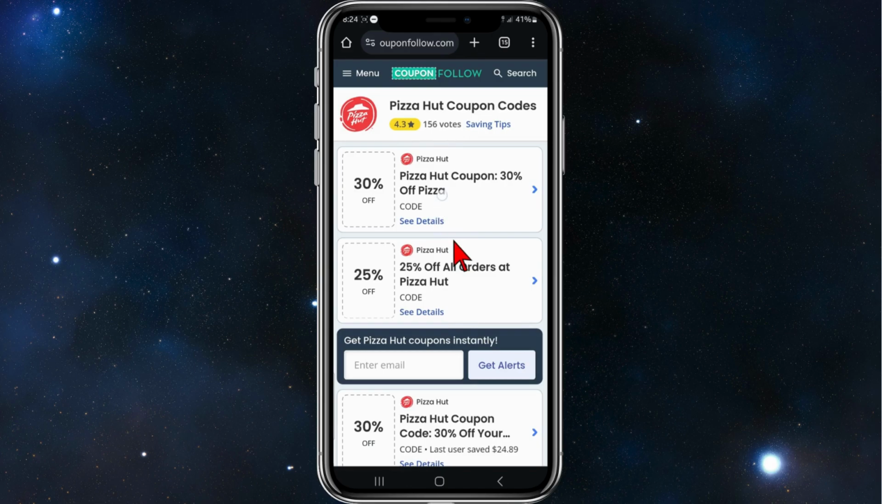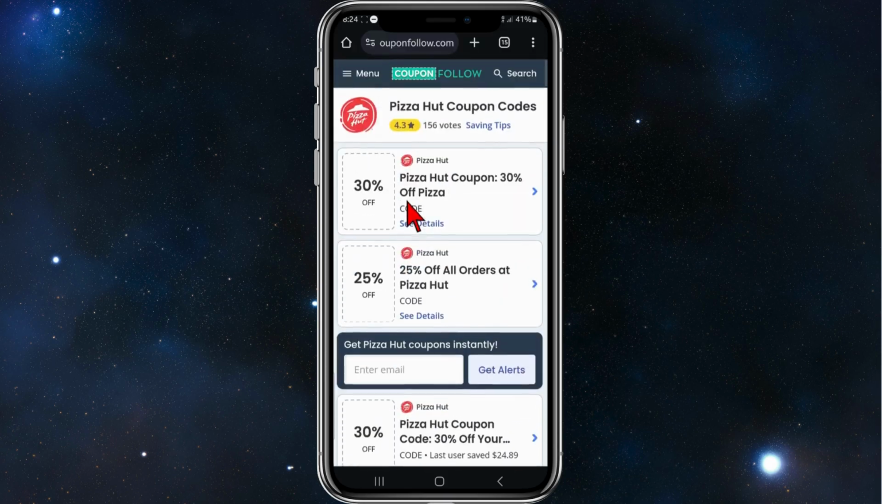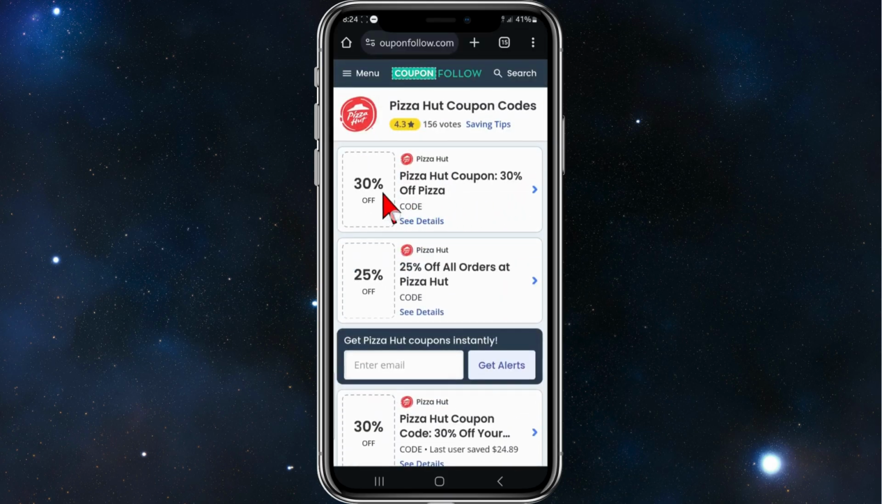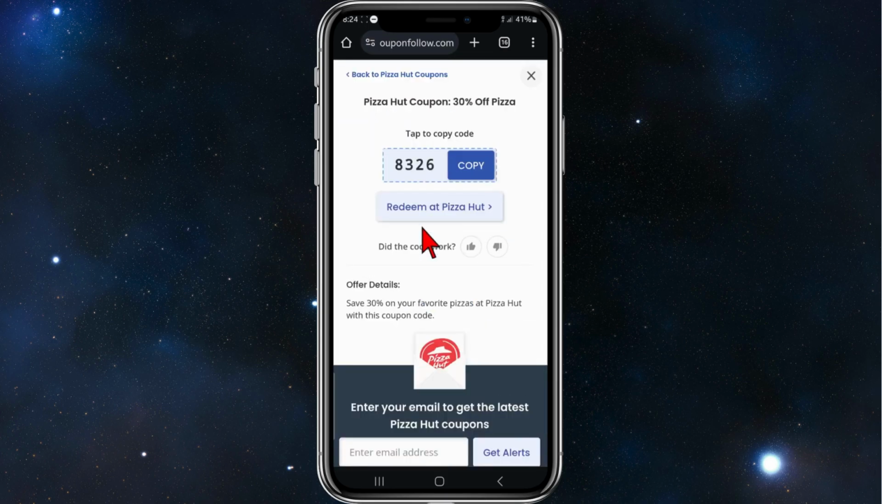And then here it says Pizza Hut coupon codes. So choose which one you'd like to use. For this demonstration, I'm going to use the 30% off. So I'm going to click on the Pizza Hut coupon 30% off. See details, click on that. Okay, it says here tap to copy code. So if you copy this